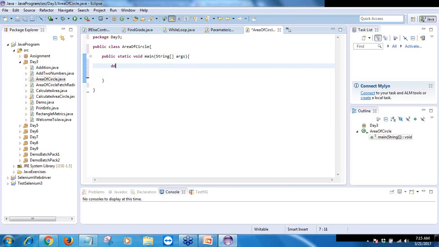So the first thing we define the radius. So double radius is equal to 10.43. Double area is equal to 0.0. This is also known as initialization. So you are initializing the variables to a default value. Okay. So area is equal to 3.141